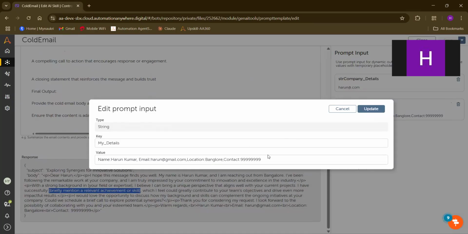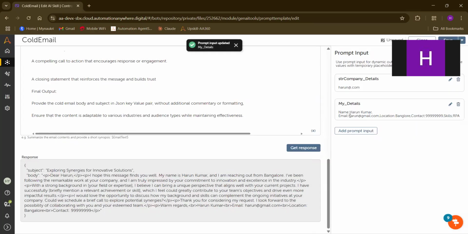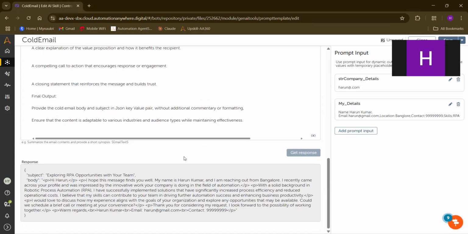Now here what I will do is put one more comma, here skills, RPA. Okay, I'm just updating it. Now again we'll test. Now here you can see it mentioned a solid background in robotic process automation.